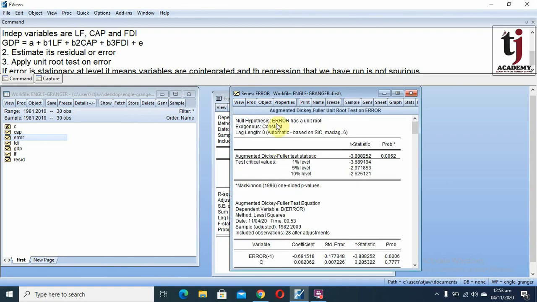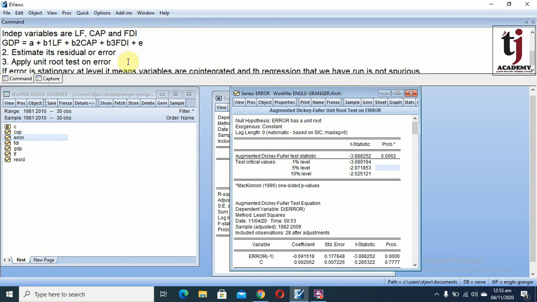The hypothesis of the test is that the series has a unit root, or error has a unit root. It means the series is non-stationary. But here the result is significant. It means the hypothesis has been rejected, which shows the series is stationary at level.